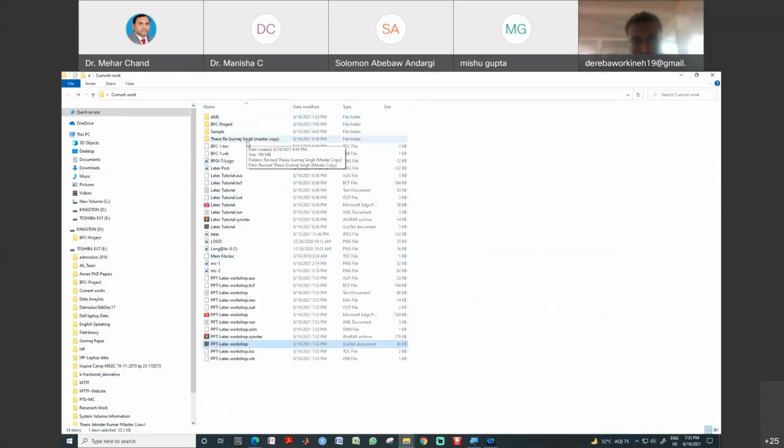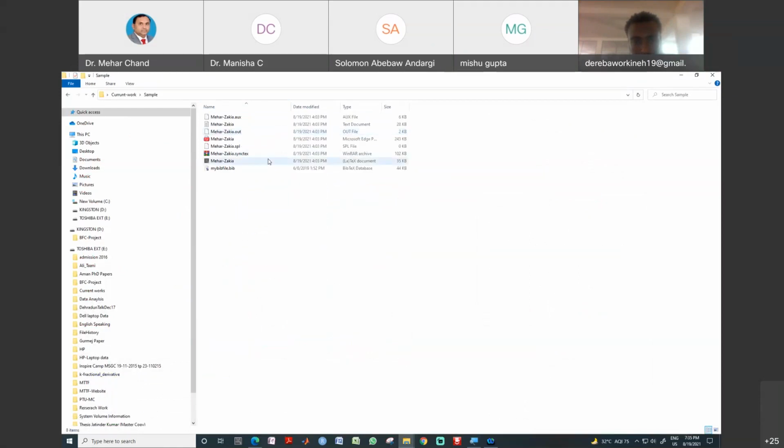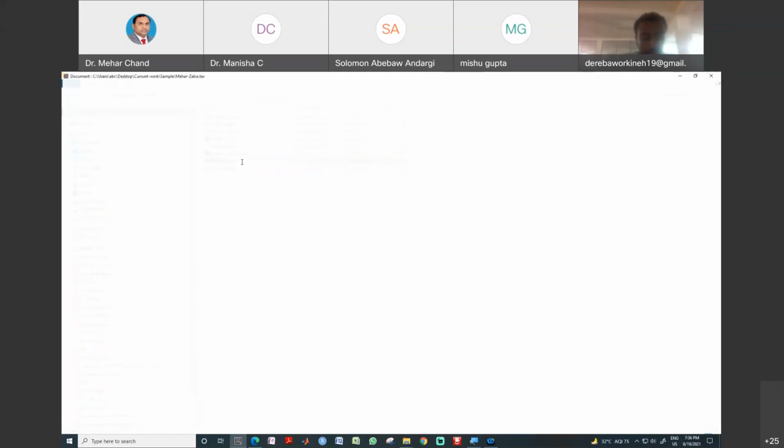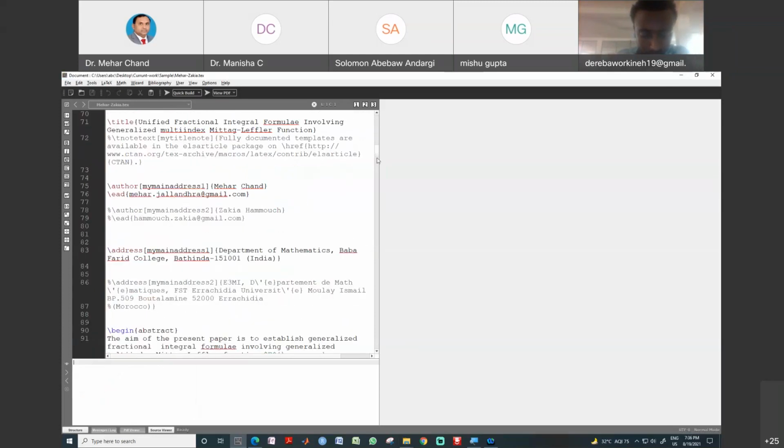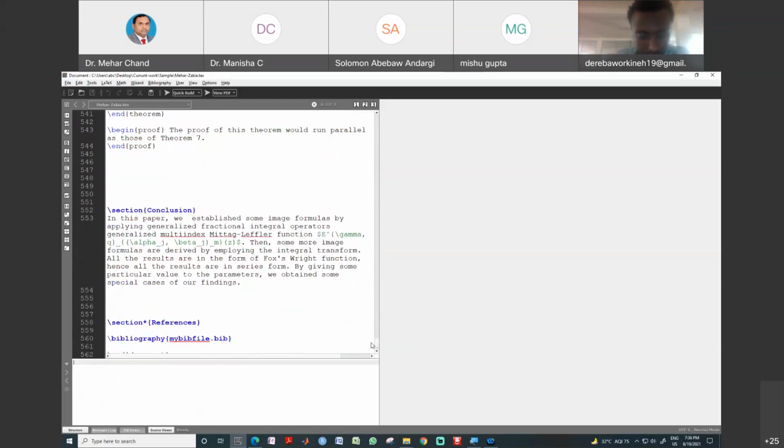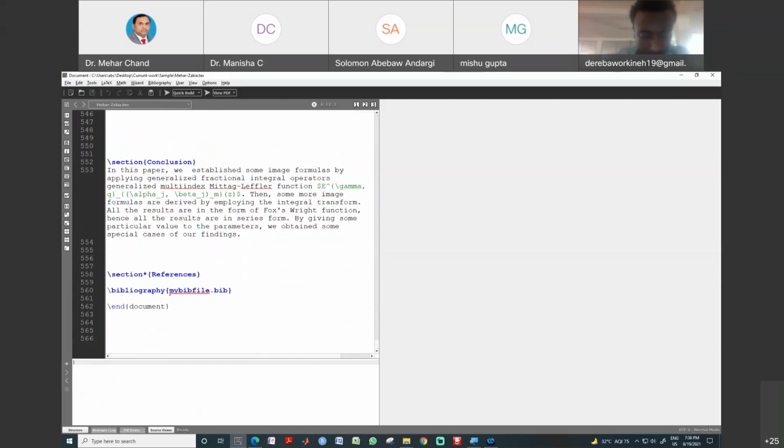Okay. Where is the file? Sir, you have used that particular one in your thesis. Yes. See here, see this file, because there are many things which we need to explain. And see here, this is the source code, and at the end you will see the bibliography, and this is another file in which the bibliography is prepared, and this style is very important to use,